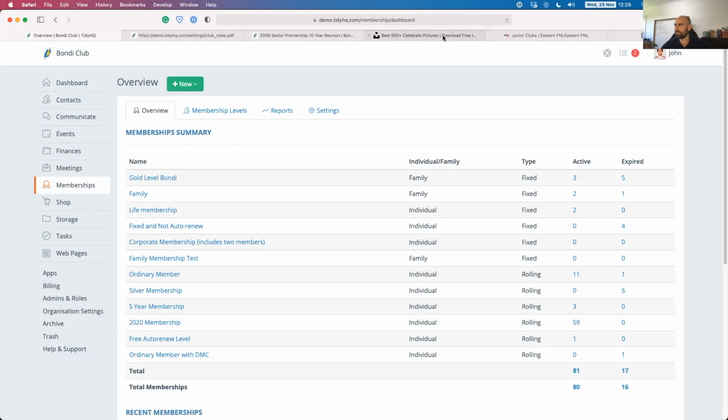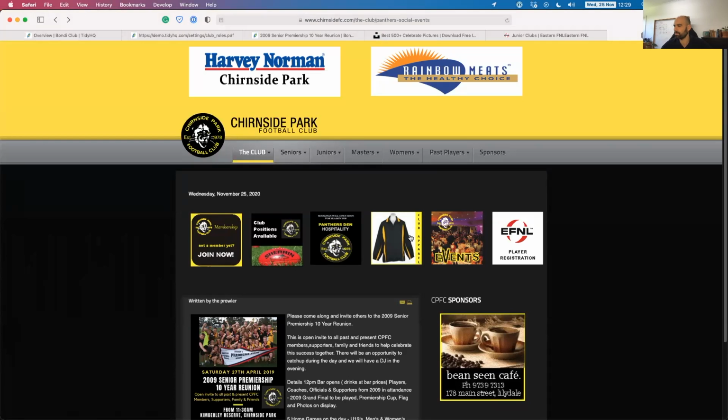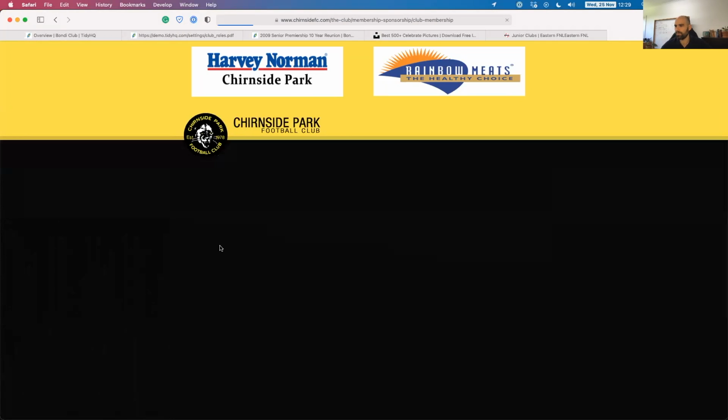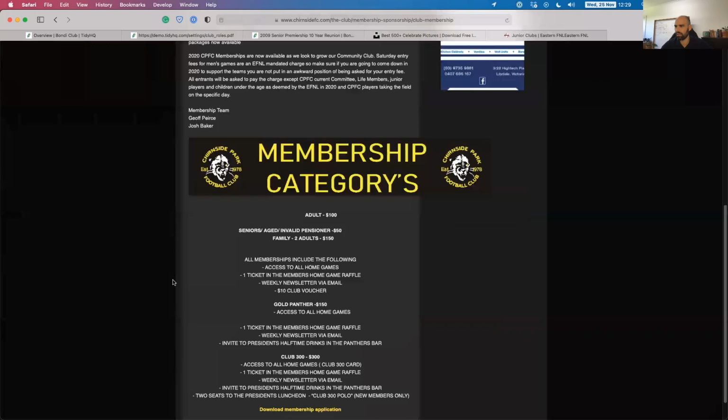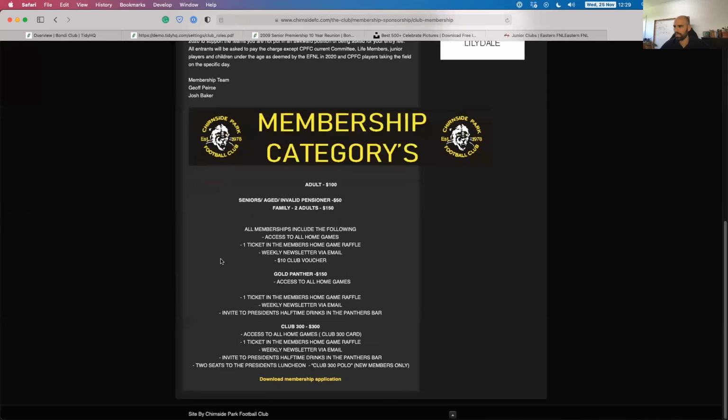So memberships. So another example from our friends, the Panthers, was memberships. So a lot of footy clubs are kind of like this. Obviously, all the player memberships are happening through Sports CG or Footy Web. So that's being handled. But the past player or corporate type members is something like this. Download a membership application. You've got to handwrite it or somehow scan it back in and email it back. And it's all very